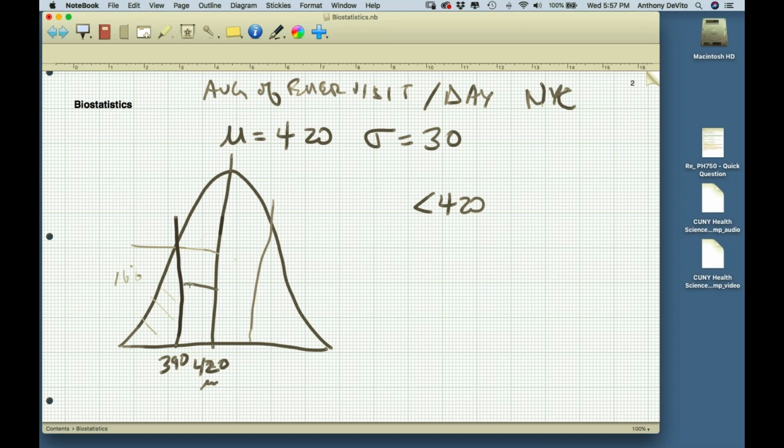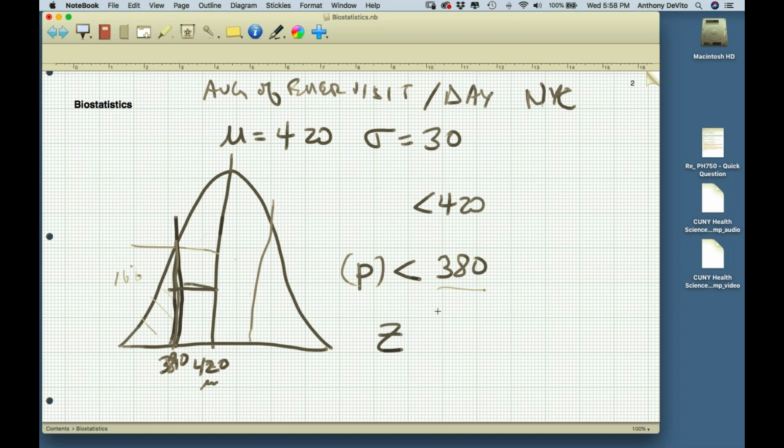So, okay, let's take this to the next step now. What's the probability that I would have less than 380 emergency room visits on a particular day? Well, 380 is now more than one standard deviation away from the mean. So it's going to be a lot harder for me to figure this out. I can't use the empirical formula. So I have to know how many standard deviations below the mean the value 380 is. And that's easy enough to figure out.